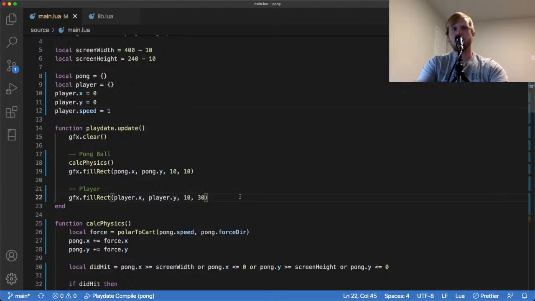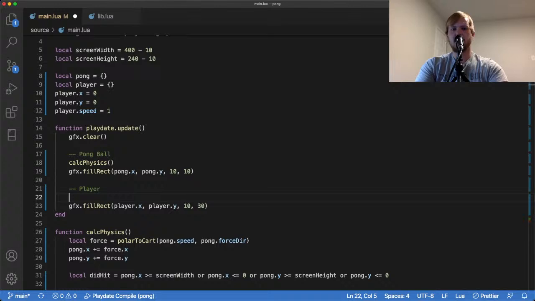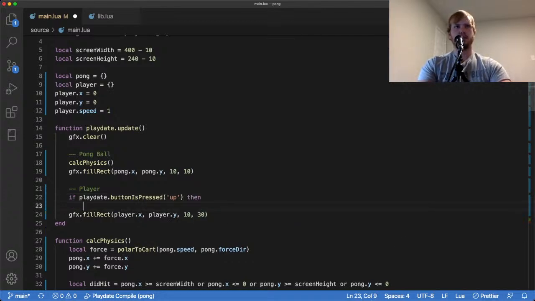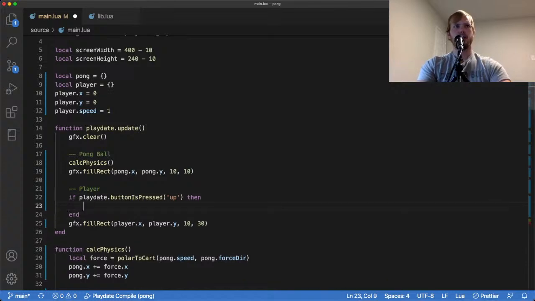We need to go ahead and add some controls. I'm going to just do the if statement controls because it's very simple to do what I want with that. So let's do: if playdate.button is pressed, up, then we'll say player.y, and since going up is going down on numbers in the y-axis, we're going to have to say minus equals